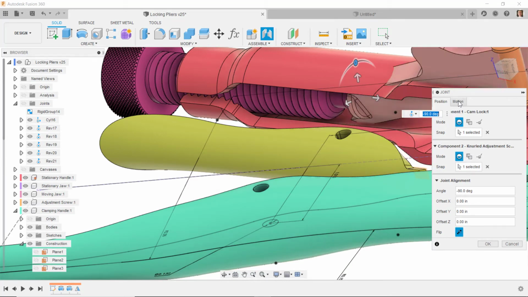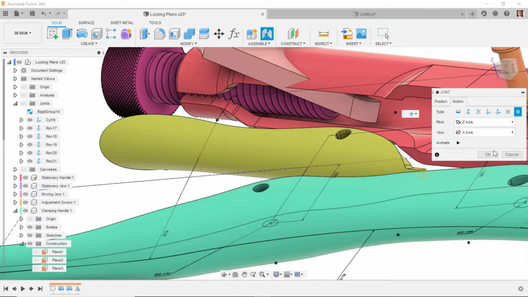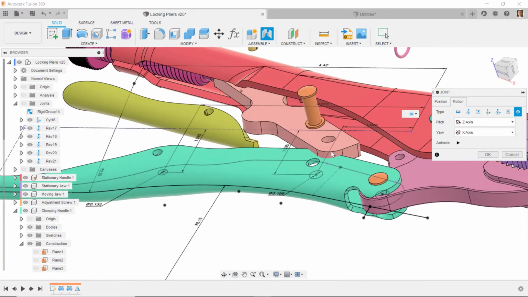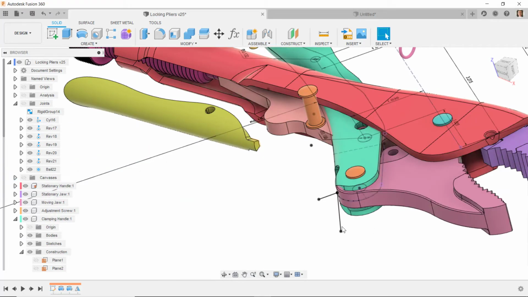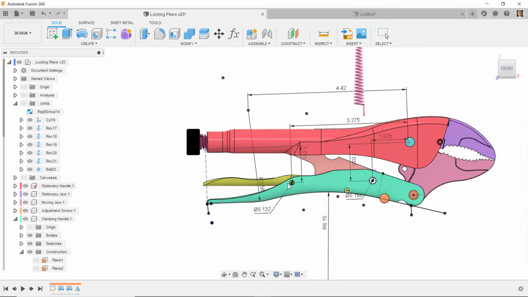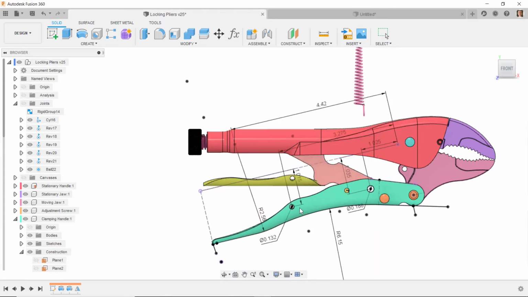and for the joint that I'm going to put on here I will use a ball joint. So that has 3 revolution degrees of freedom on this end, but because we put the revolution joint on this end, that removes 2 of those degrees of freedom of revolution. So I'll say OK to that, and we'll test this out. Okay, so now this moves like we would expect it to,